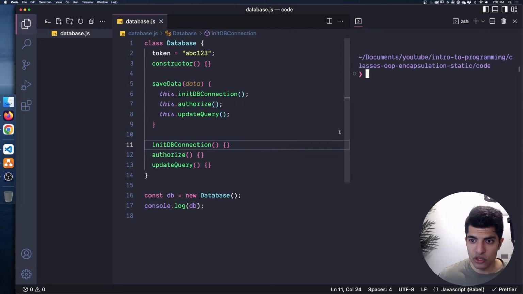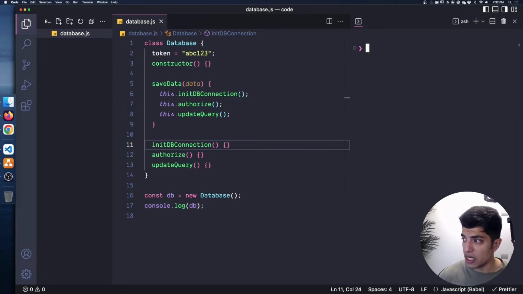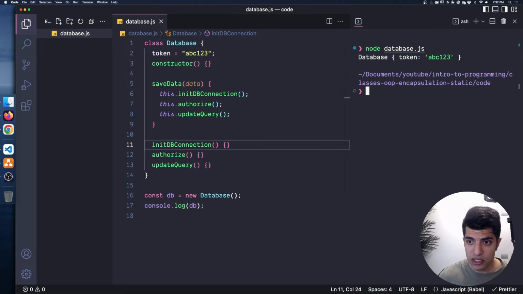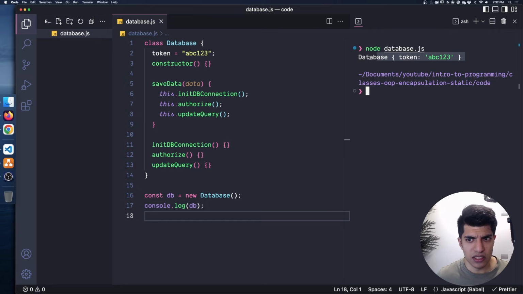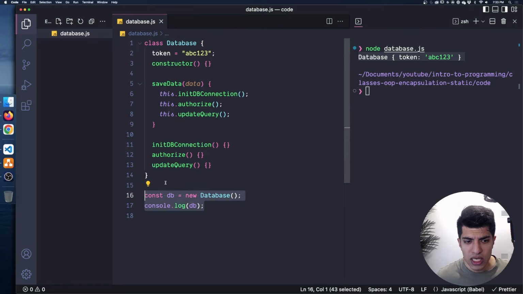So I'm going to pull up my terminal over here and make sure I'm in the right folder. And I am, and I'm going to run node database.js. Okay, so already we have some funky stuff, right? We kind of are seeing that there's this token in here, right? So notice that